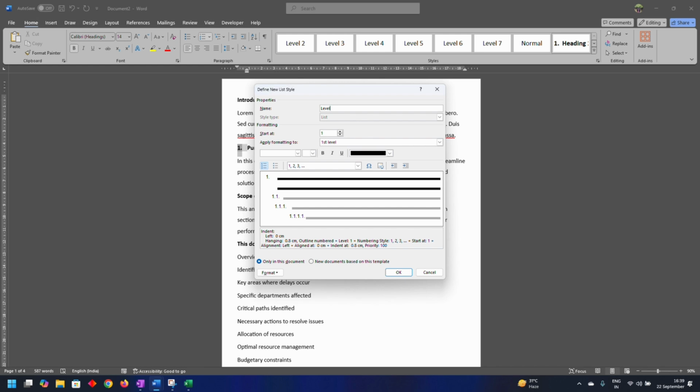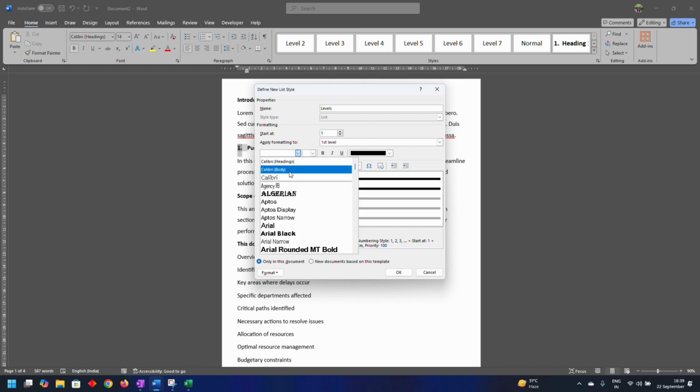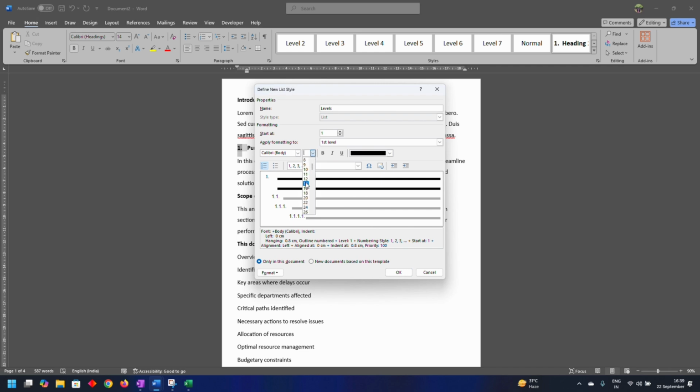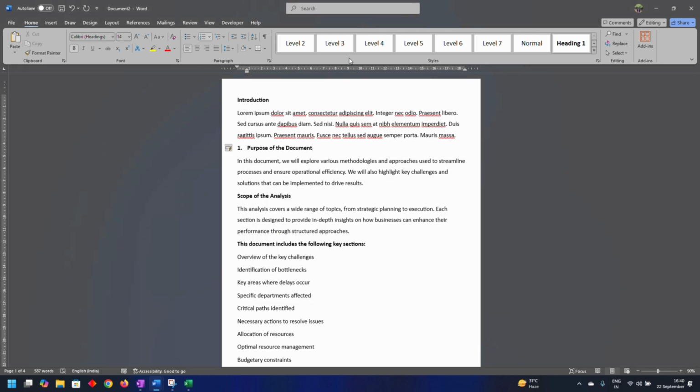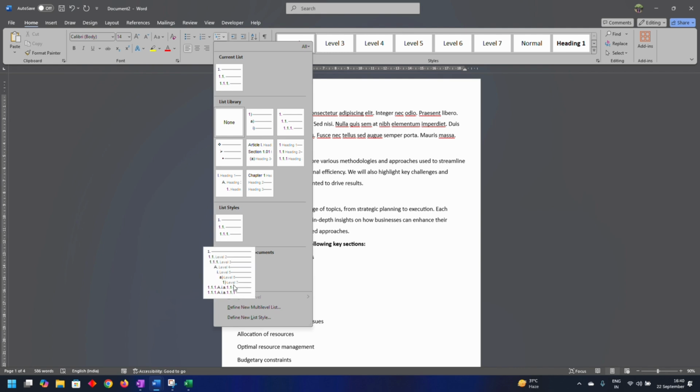Then I'll choose the font, Calibri body, font size will be 14 and number style will be 1, 2, 3, text will be black and click OK. Now I'll select the level 2. I'll apply the newly created list and once that is applied, then again I'll go to the bullet style, define